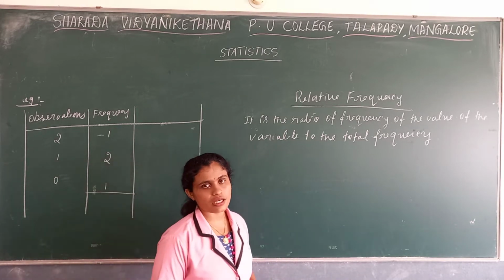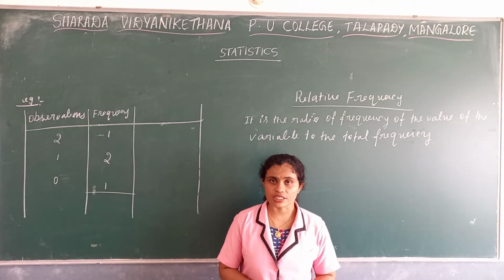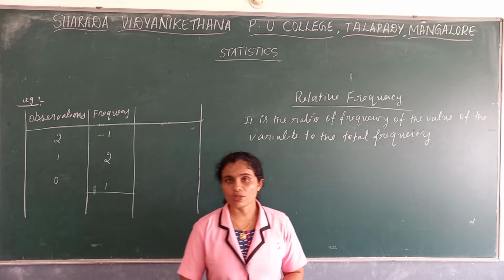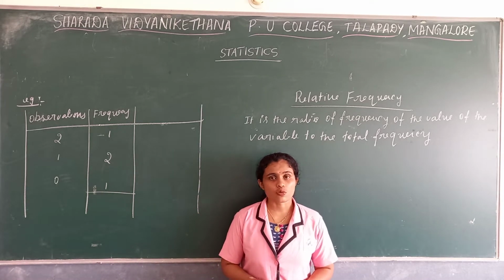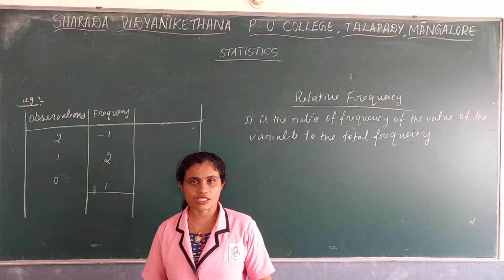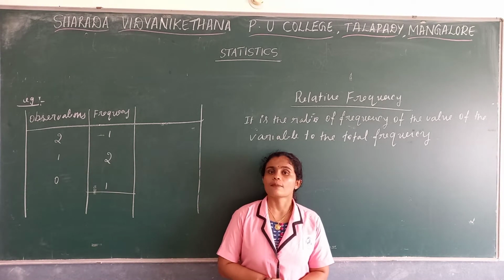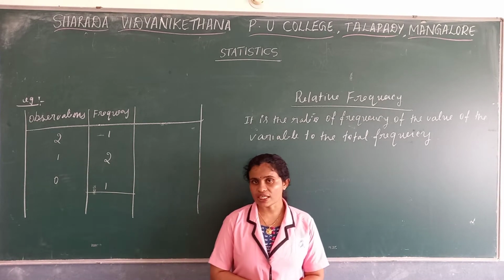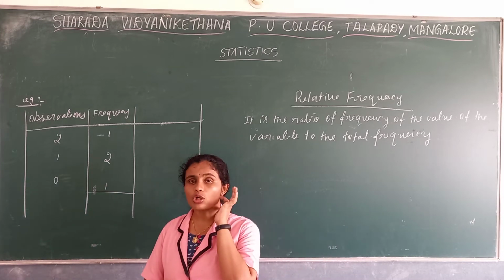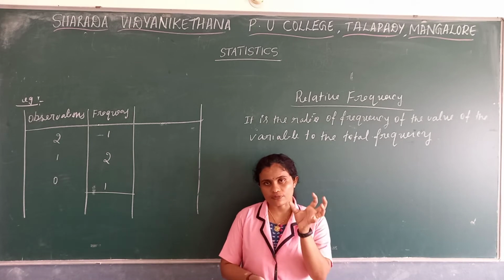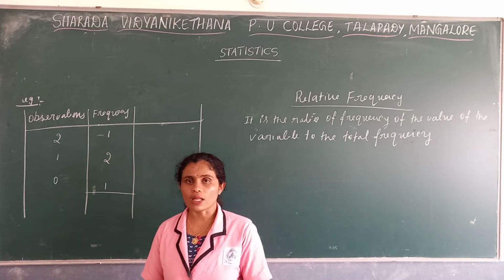Yesterday we discussed frequency density and also the cumulative frequency distribution, how to frame a cumulative frequency distribution, and what is frequency density. Frequency density is the frequency per unit of class interval. Frequency divided by width gives frequency density, and we use it when we have a frequency distribution of unequal width.